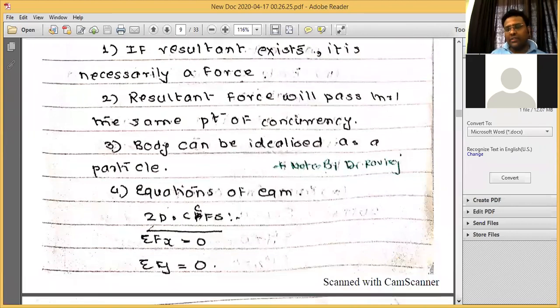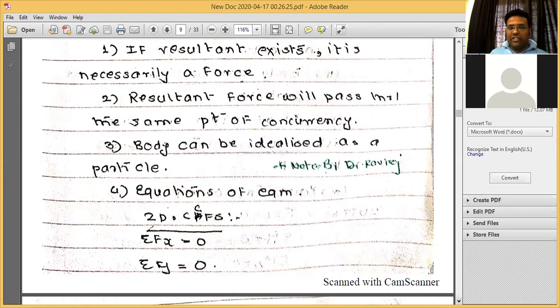For example, if you see when two ropes are connected to each other, and if we apply the force at the bottom, then whatever force system which will be generated at the center where it is connected, we are calling it a concurrent force system. All the forces are passing through a single point. So I can idealize that particular point as a particle, which is not the possibility in case of the parallel force system and generalized force system.